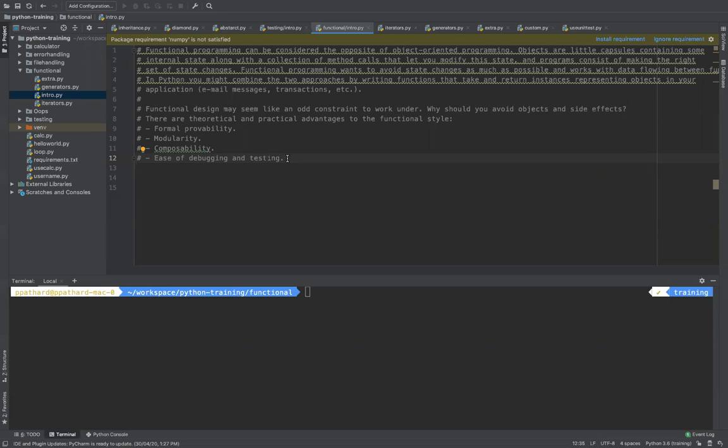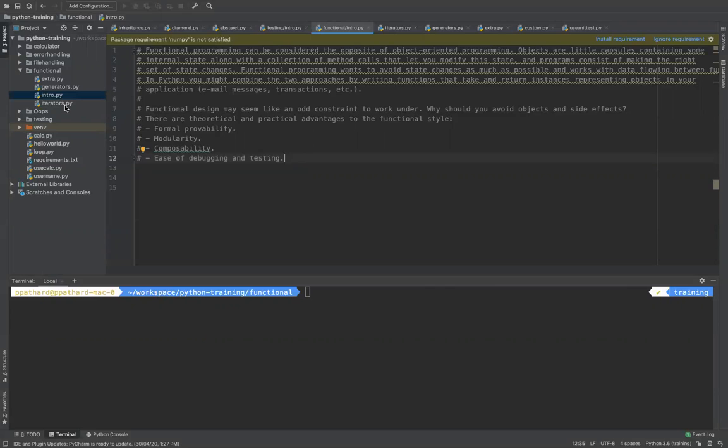So small functions which do only specific work, and you can chain those functions, right? The output of one, take it and put it to another. For example, I will tell you about map, reduce, and filter.